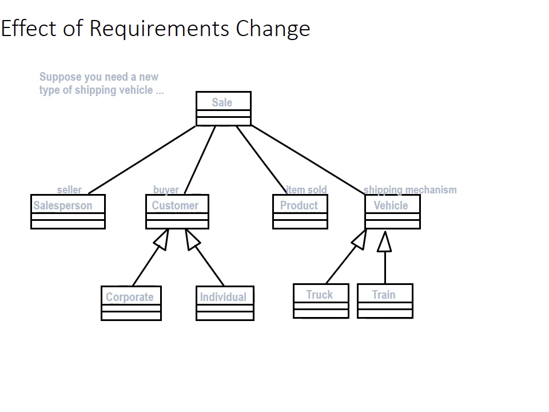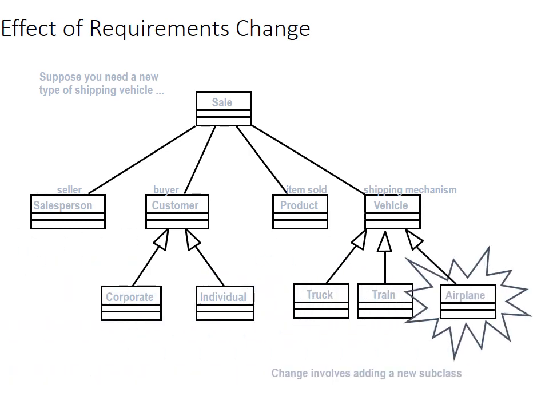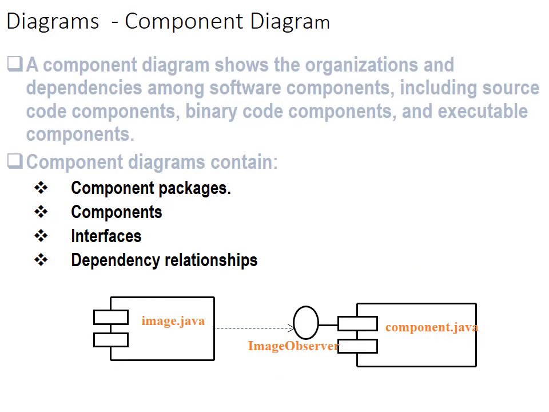This is the effect of changes to class diagrams. We are adding an airplane to the vehicle class because in the software we need to add more functions. Like after release, after one year, customers say, hey, I have a new business function, a new service given to customers. Can you please add that function to the software? Of course, we have to bring changes.